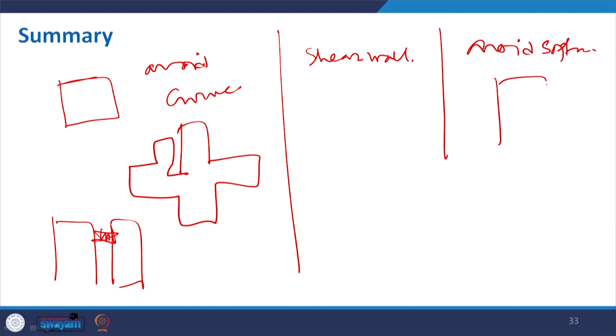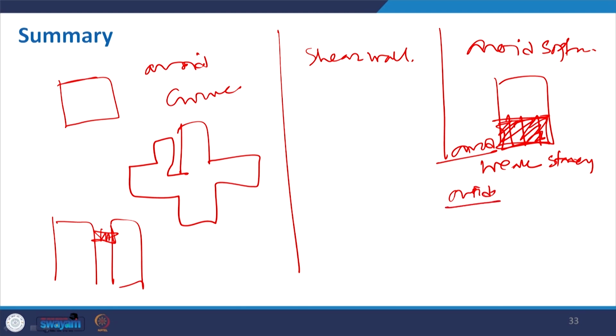So basically if you have columns, it is better to fill this area and use the wall on the ground floor. So we do not make it wall free with only columns, which is a soft story. We also have to avoid the weak story, and then we also have to avoid